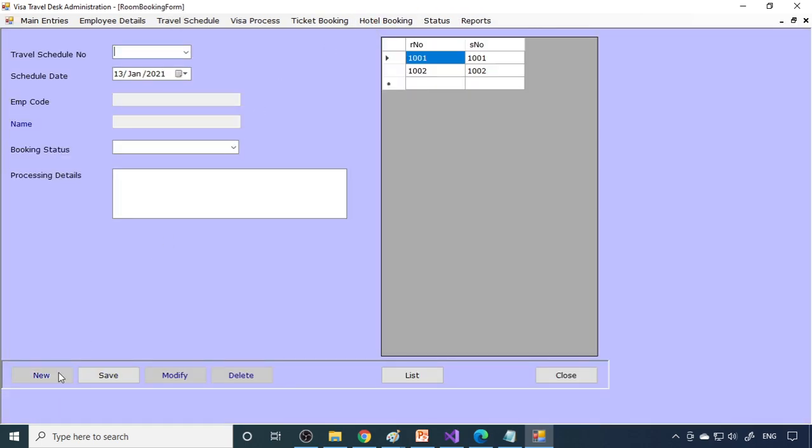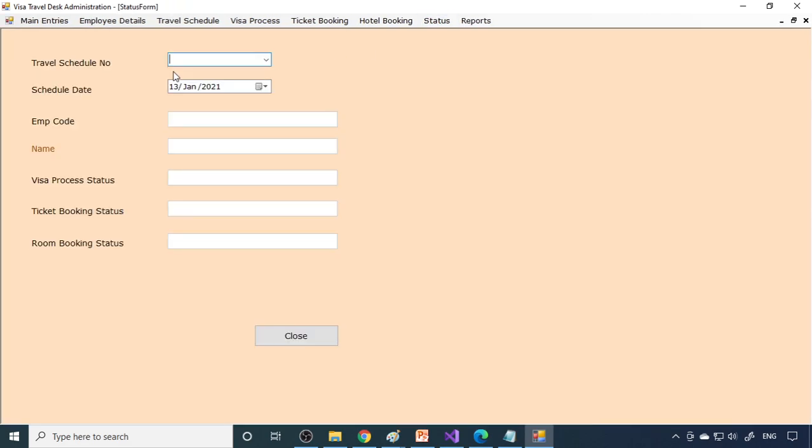Then hotel booking. That we need to complete. That is 1003. Status completed. Room booked. Room number 3, International Hotel. I can give the complete address as well. So now you come to the status again. If you go to that 1003, you can see that the visa is in the second stage and this booking is complete, this is complete. Fine.